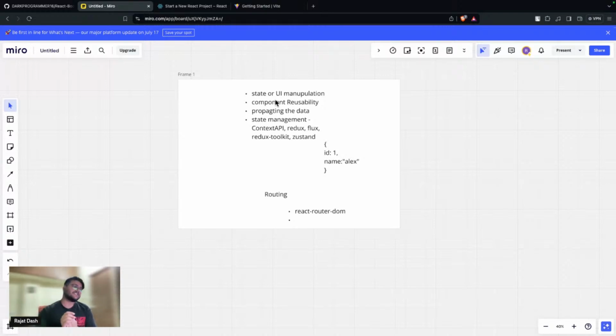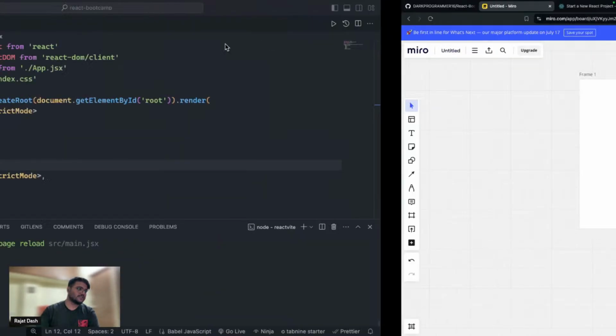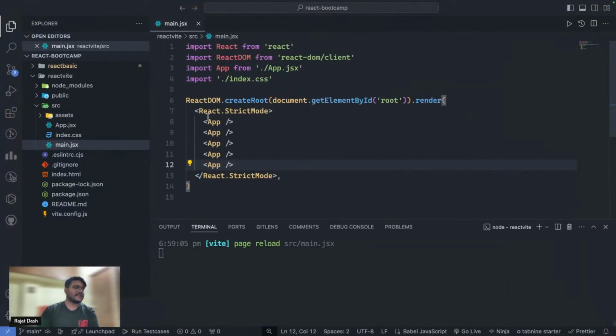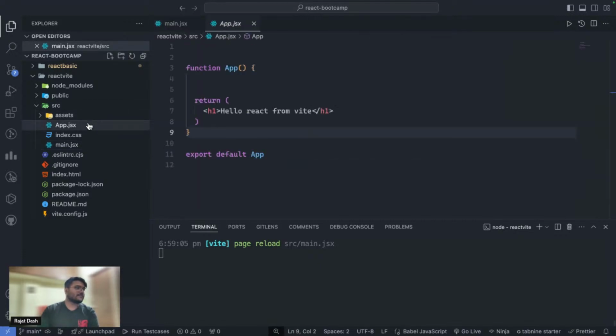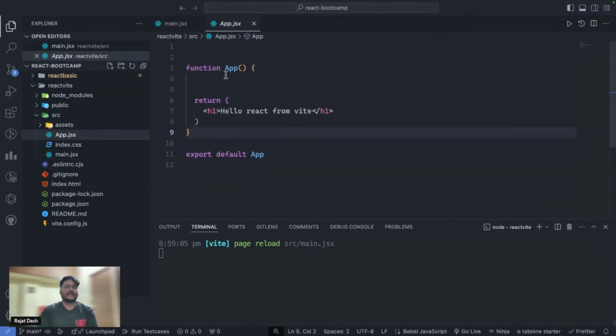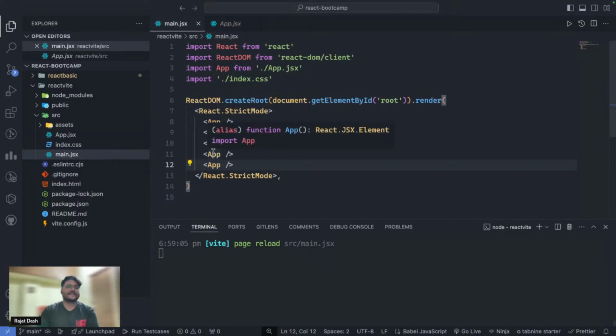And for the next session, we are going to start with JSX. With React, you must have heard the concept called JSX, that is JavaScript XML. If I show you again this syntax, this JavaScript function, it is nothing but a function, right? This function App is a JavaScript function, and I'm using it as an HTML tag.